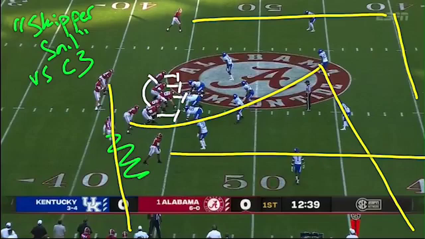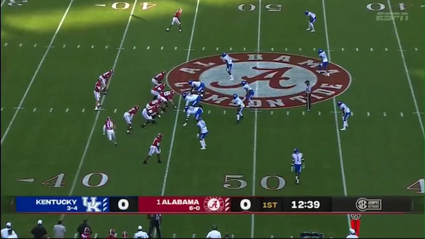So here's another example of the skipper sail manipulating cover 3. It's a different way to do this. This is an example of clog action with orbit motion. In our vernacular, clog is basically a half boot action